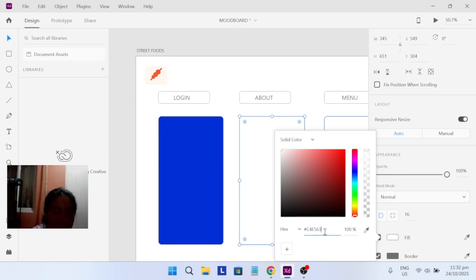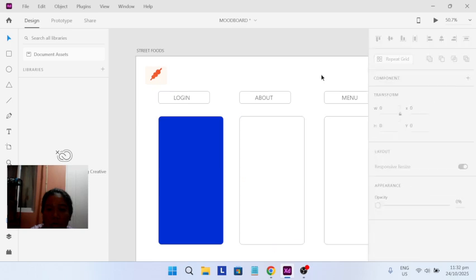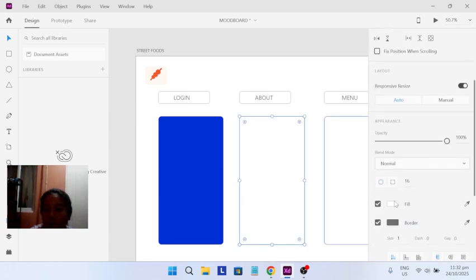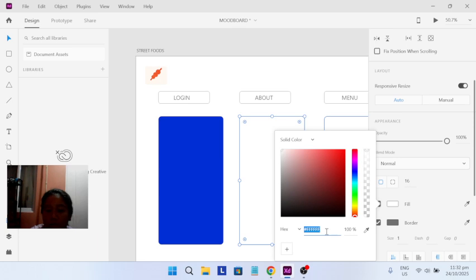Six, 3, and 6. Ulitin natin. Ayaw. There.